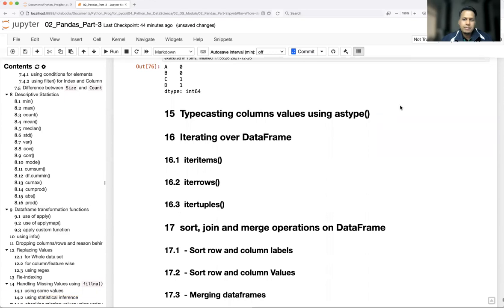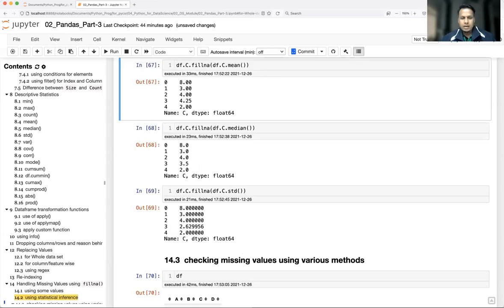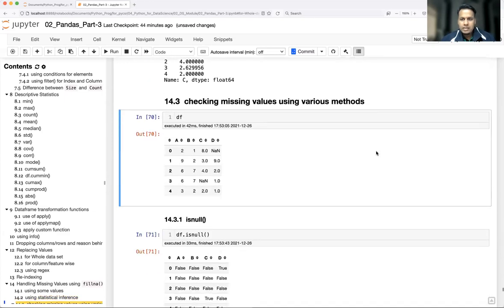Now we have something called typecasting. This is also very important. Why? Because let's say you have an Excel sheet, and in one of the columns, all integer values are there. Visually it looks like integer, but internally the user who filled the value might have used string type. There are a couple of data formats or cell formats in Excel, and due to that it has become string, which is very challenging. By human eye, you cannot tell whether it is integer or string. By looking at the value, it will definitely look like integer, but internally it is stored as string. So when you do analysis using pandas, it is going to return the value as object type.